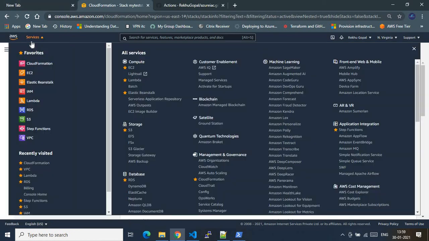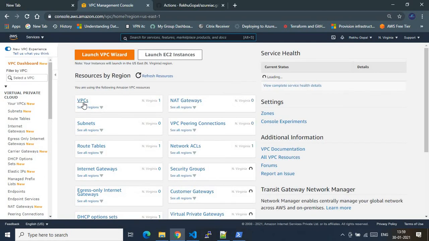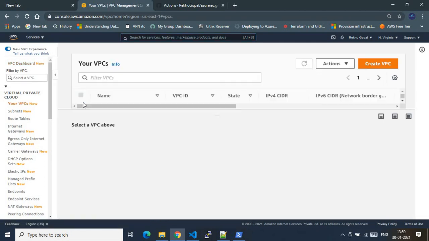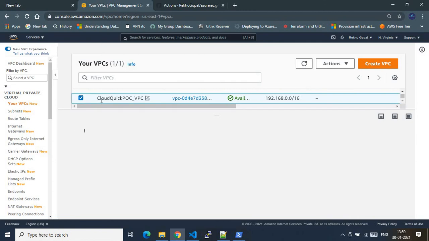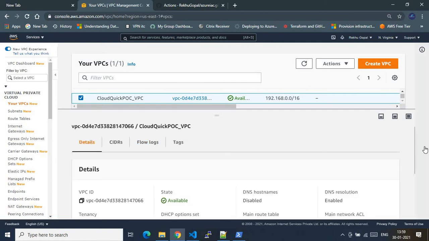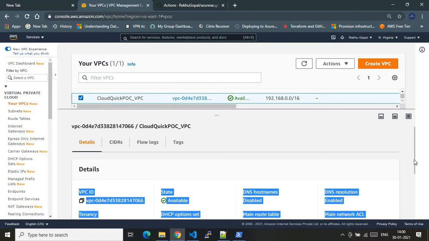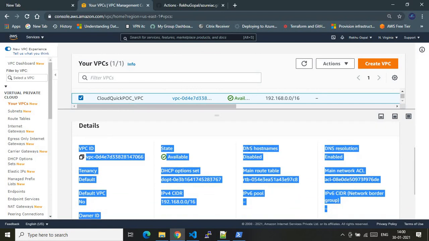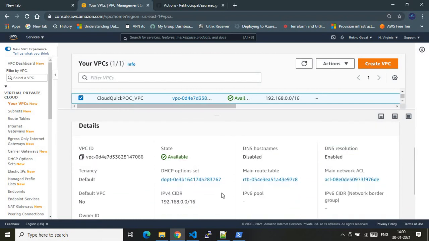Let's go to our resource, that is, we targeted to create a VPC resource. Let's see if the VPC has been created. So I'm in the VPC console, scoped to the North Virginia region. Here you go, our VPC has been successfully created via the CloudFormation template and deployed via the CLI. Let me select this. This is the VPC name which we gave inside the tag, the Name key and its value. And this is the CIDR which I passed via parameters.